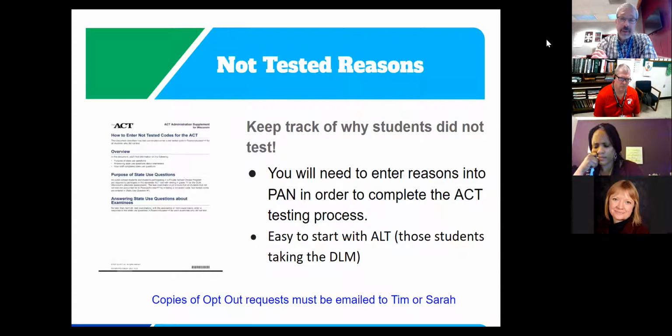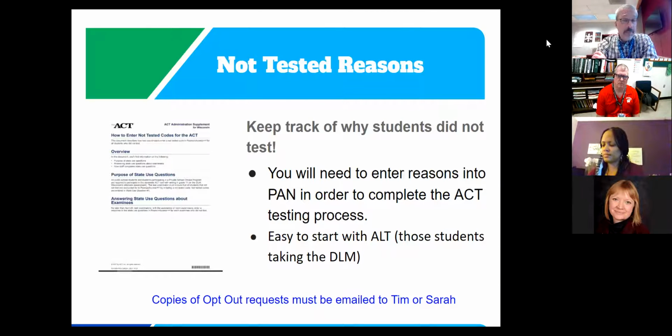Please keep in mind that this is a hard part, and I know it gets messy because it's just crazy, and then it overlaps with Aspire and Forward. But every year I need to report to the board how many students opted out. So if you have a note from a parent, so that could be a handwritten note, it could be an email, it could be a text, in which case if you take a screenshot, you can send that to me. Please send that to us because we have to keep track of those kinds of things.